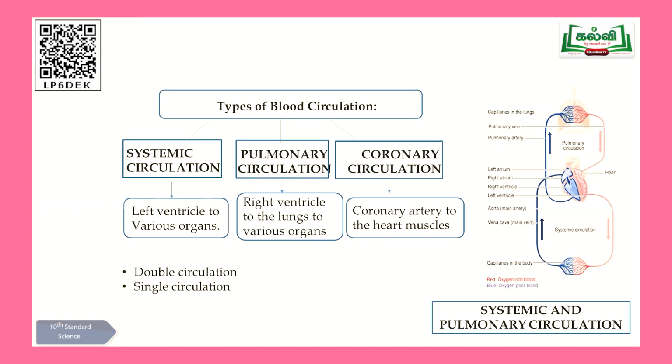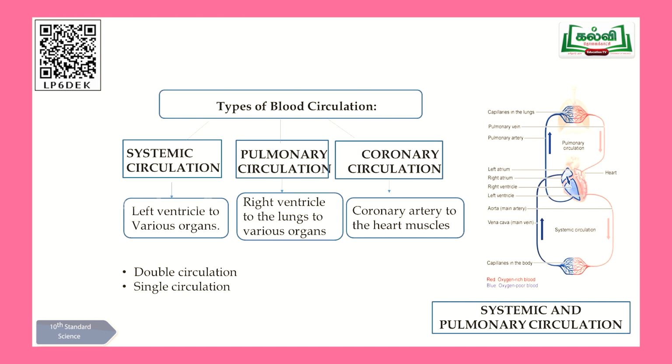So today, continuation of that external and internal structure. Yes, we are going to learn a very interesting topic today with lot of new things. So the first subtopic of this blood circulation is types. Let us learn now the types of blood circulation. There are three main types of blood circulation you can come across in human being. The first one is systemic circulation, the second one is pulmonary circulation, third one is coronary circulation.